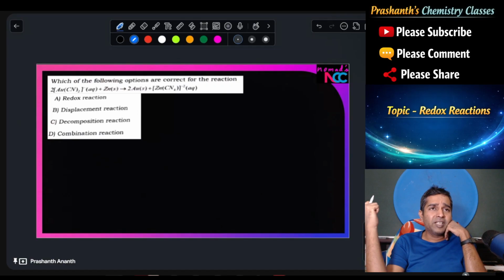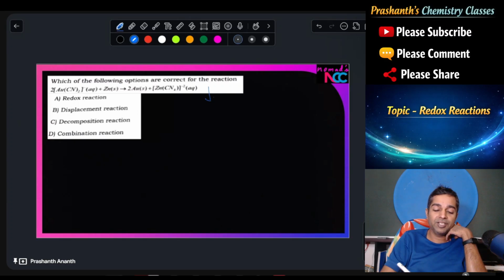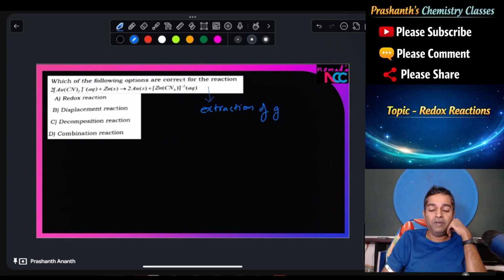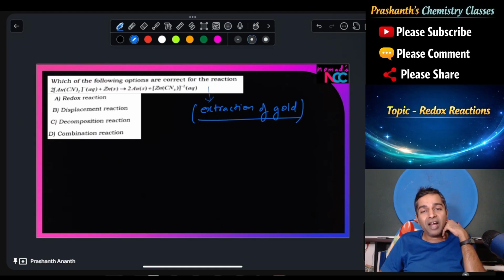Au(CN)2 minus 1 aqueous plus zinc solid is going to be giving us 2 gold plus Zn(CN)4 2- aqueous. This is actually the reaction which is involved in, well, what do you think? Take a guess. Exactly. This is going to be the reaction which is involved in extraction of gold. Alright. So when we are going to be looking at gold and we are interested in extracting gold, have you